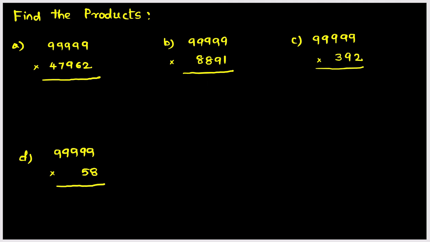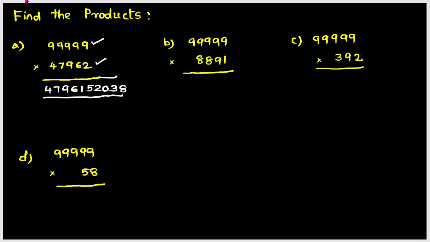Now you observe here, one number contains all 9s. Okay, but another number also it contains all 9. So the same method we can apply. What we need to do? Subtract 1 from 47962. We get 47961. Now each digit you subtract from 9. 9 minus 1, 8. And 9 minus 6, 3. 9 minus 9, 0. 9 minus 7, 2. And 9 minus 4, 5. Okay, so this is the product. How quickly we got, you can check. Just within seconds we have got the answer.